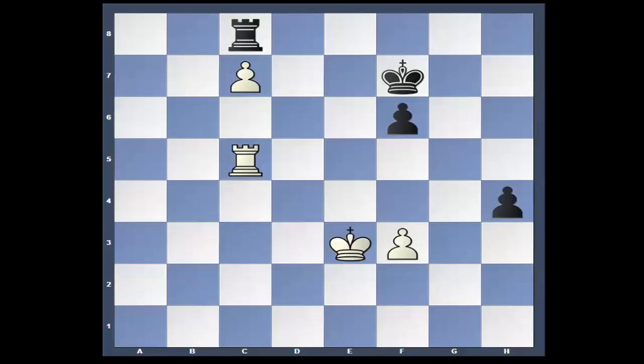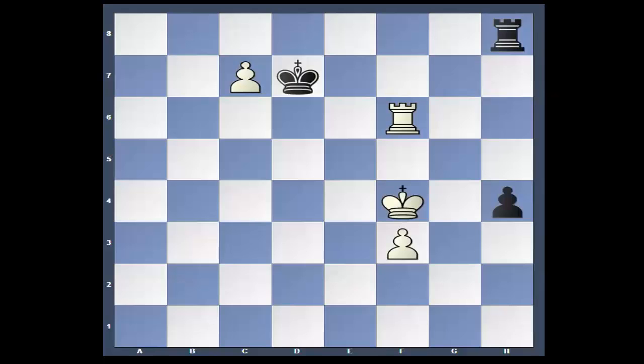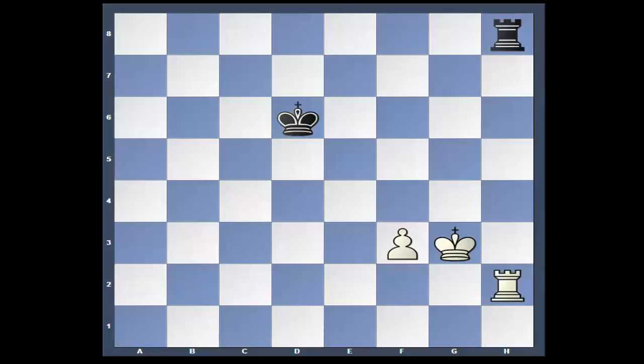King f7. Rook takes. Rook h8. Dead even on the computer. Dead draw. Rook checks. King. Rook. Pawn. Rook. King takes. Rook h1. And as we can see here, it's going to end up...